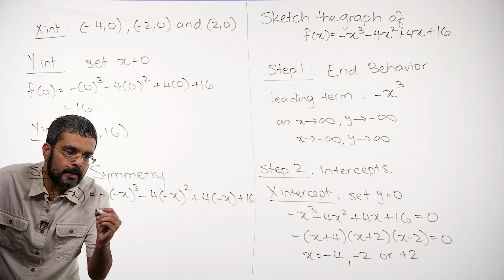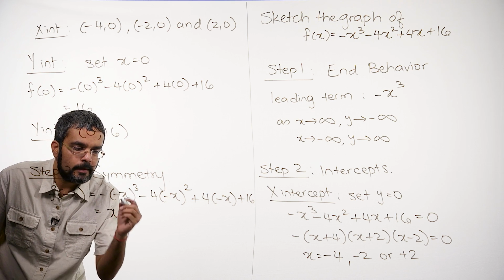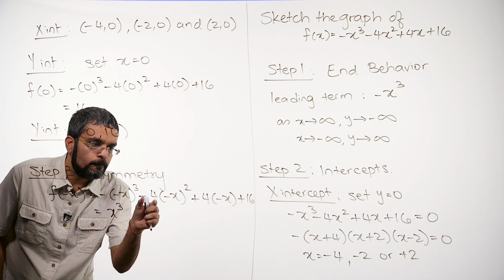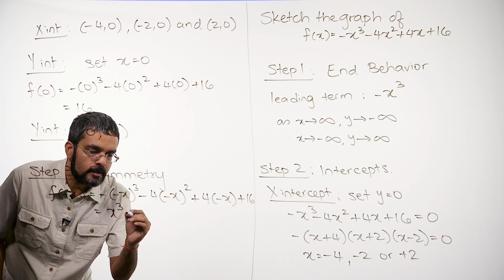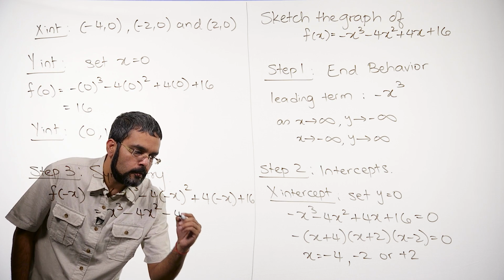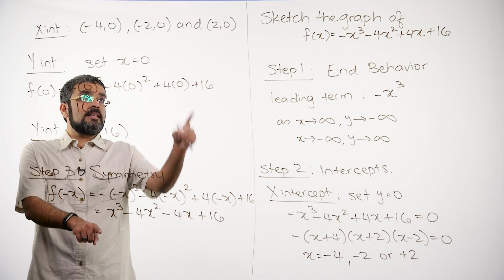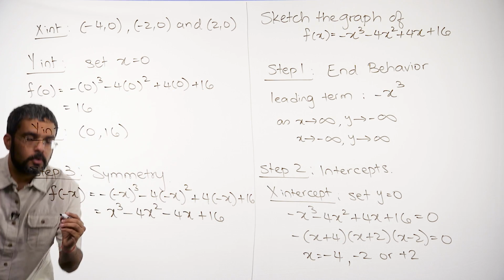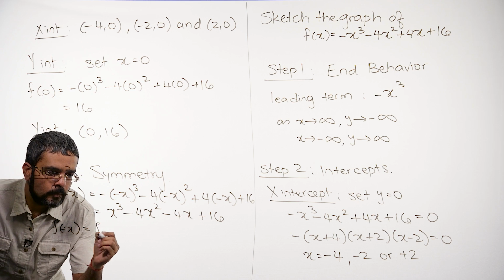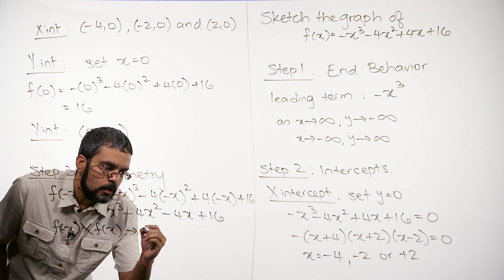This becomes positive x cubed, and negative 4 times positive x squared is minus 4x squared, minus 4x plus 16. Well, is this the same as the other function? No. So f of x is not equal to f of negative x, which means no symmetry